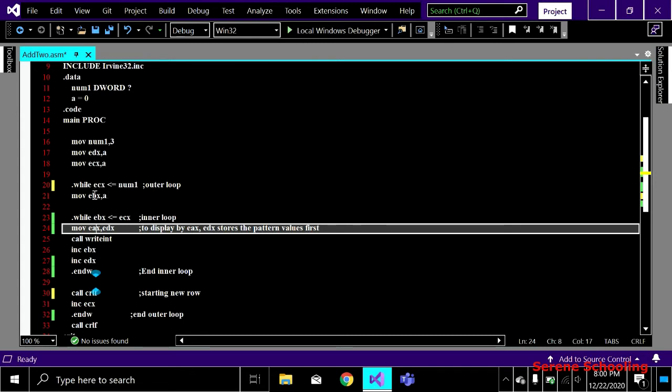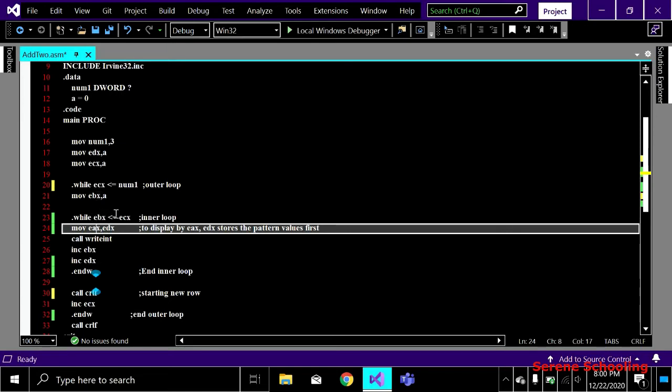We will again move 0 in EBX. Why? Because each time we start our column loop, we have to clear the previous one, right? Like we are not going to print 0 again on the screen. We have to clear it with 0 every time. Suppose the previous EBX was 1, so we have to clear it by 0 now, right? Each time we have to clear our EBX. So now we have checked that yes, 1 is less than 3. We have to clear the column looping register.